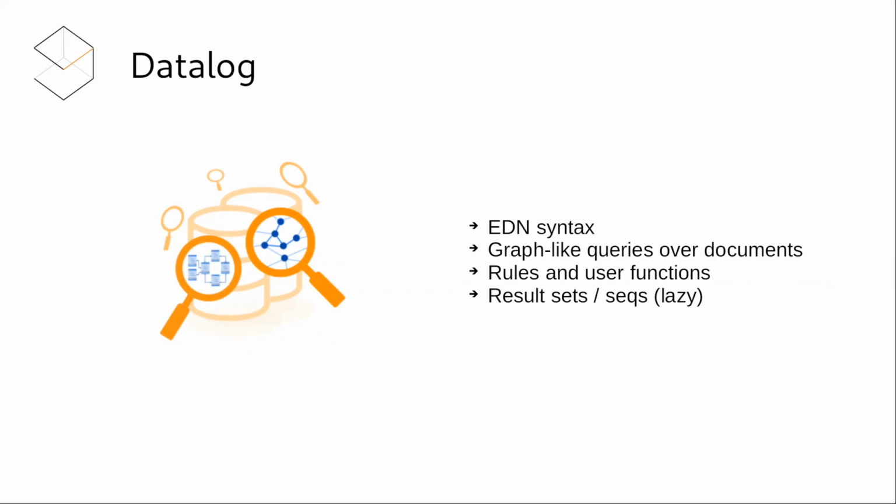And the way we've implemented it in Crux enables you to query across documents. We have this document model, which is essentially just a map, an EDN map. And you're able to run queries across the different attributes, the top level fields in those maps. They're all automatically connected together. And you can run very generic graph queries and algorithms. We've got some examples like that in the repository. Also, you can use full Datalog rules and your own custom namespaced Clojure functions, whatever's available. So right now, you can put anything you want in a Datalog query and it will run.